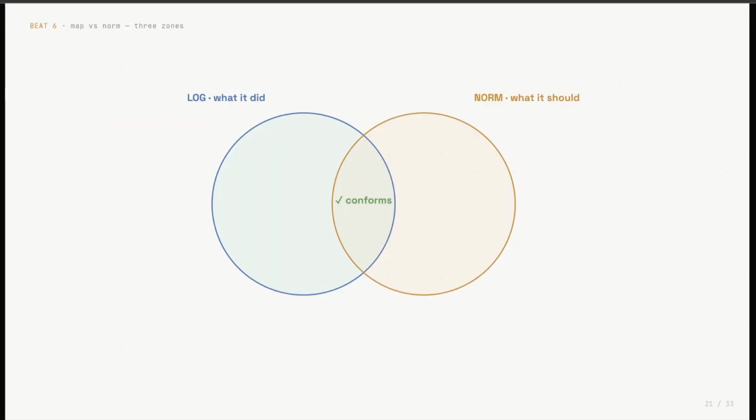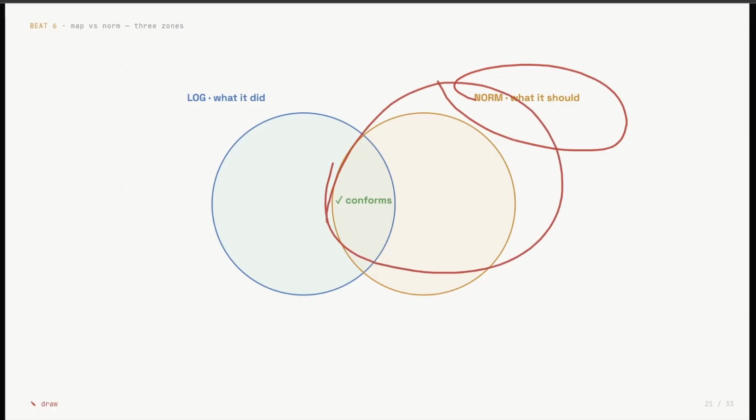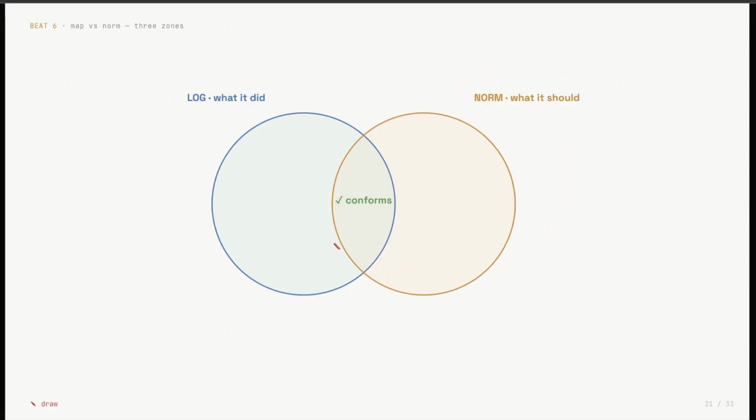So I actually wanted you to see this visualization. Here you have what the log did in blue. So this is what your agent actually did. In orange is what you defined as the norm, what should happen. The overlap